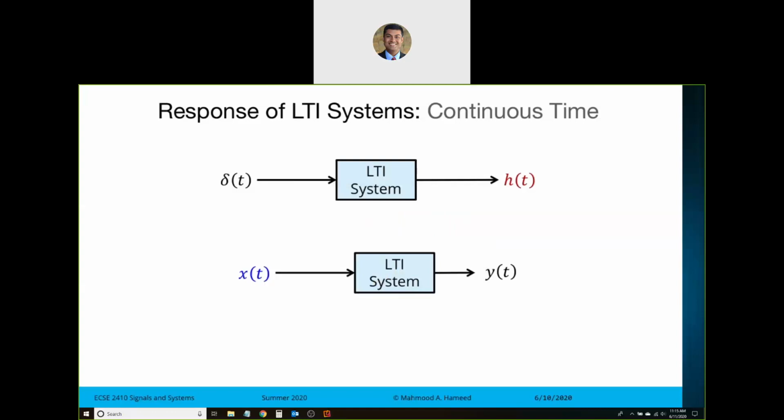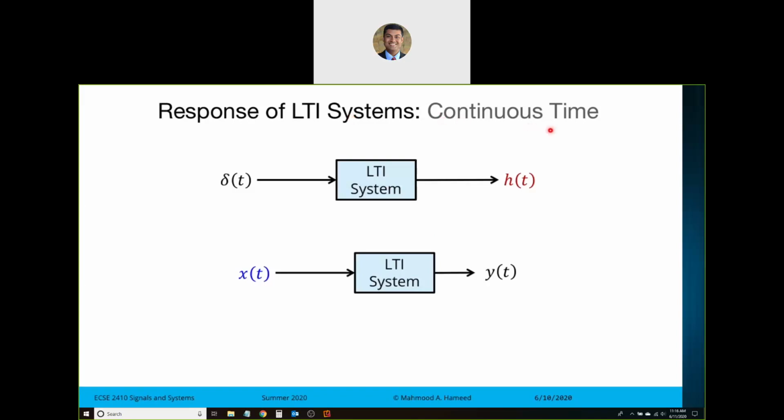So the next thing that we are going to talk about in terms of convolution is continuous time signals and systems. So far we have been talking about the convolution sum. Let's take a look at the convolution integral. And in order to motivate the convolution integral, let's talk about the response of LTI systems and how we would tackle that